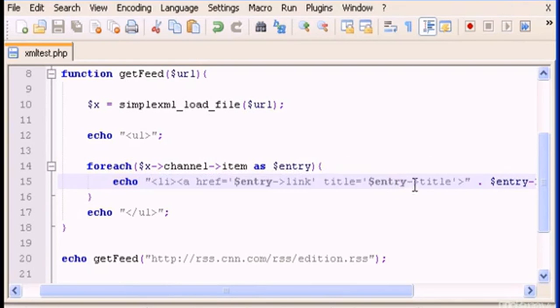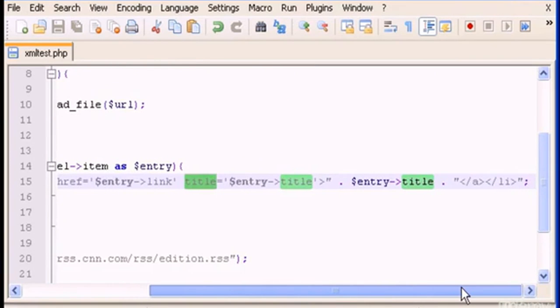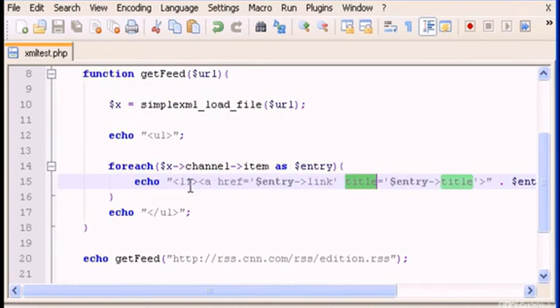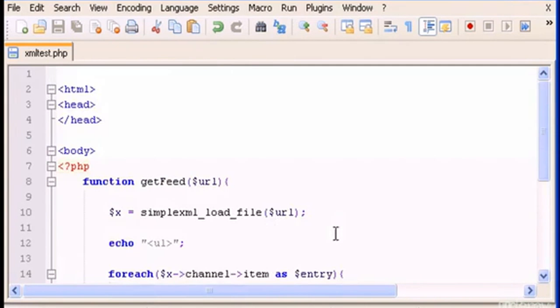And normally I know that there is a title in it because all major XML files from either CNN or some other news website use the same tags, okay, for news or something else. So I know that they have a title and channel item, okay. So I'm going to see if that really works,